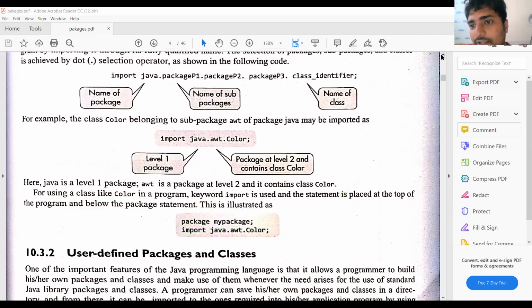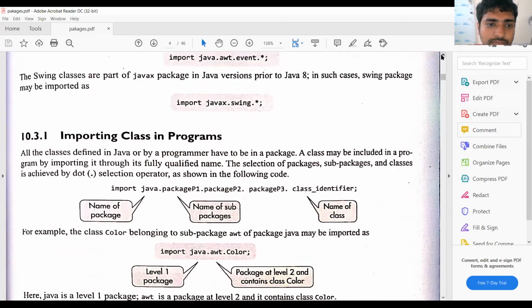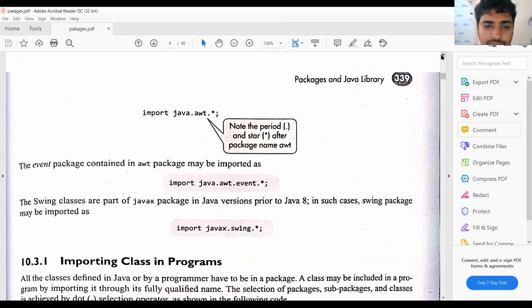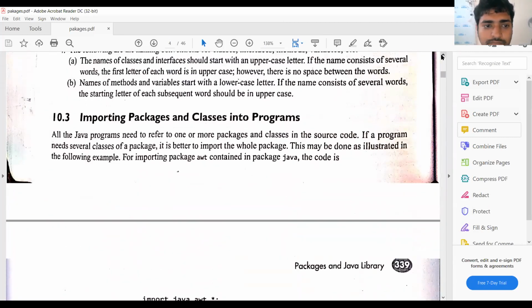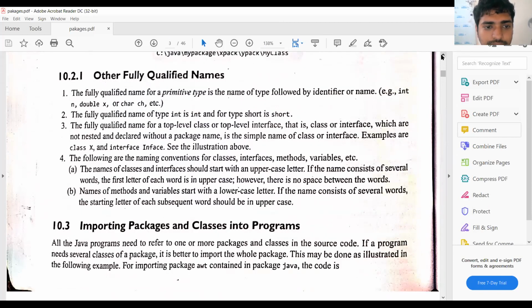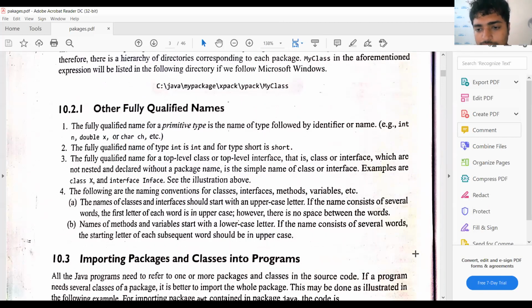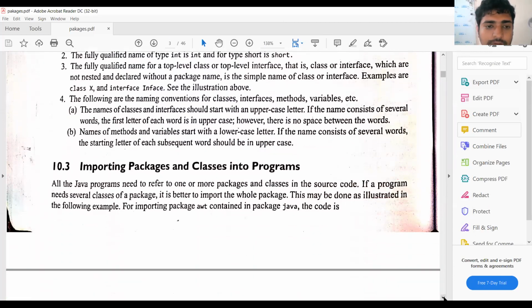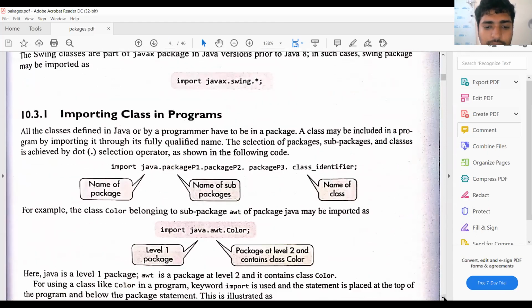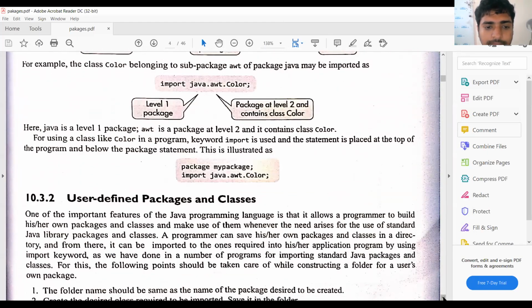Do you have any doubts on this? So next, user-defined packages and classes.